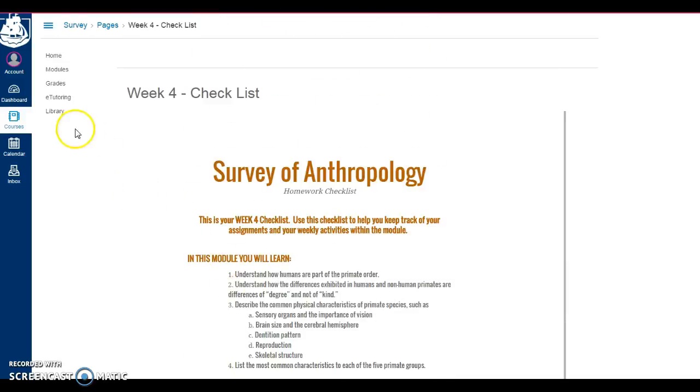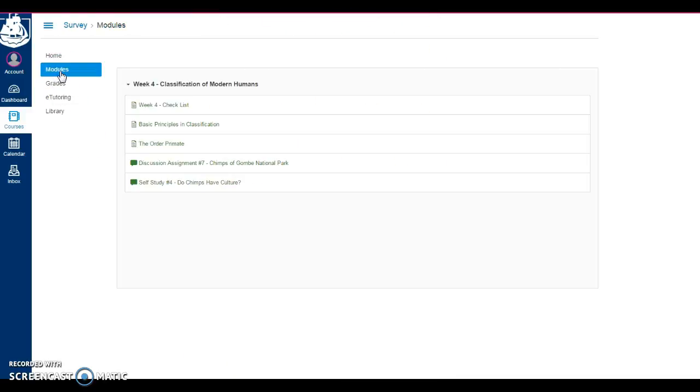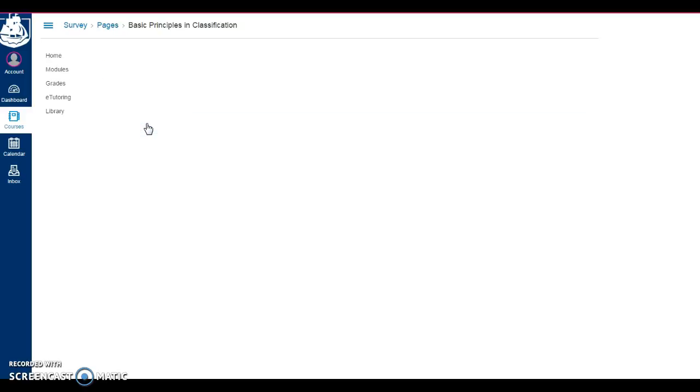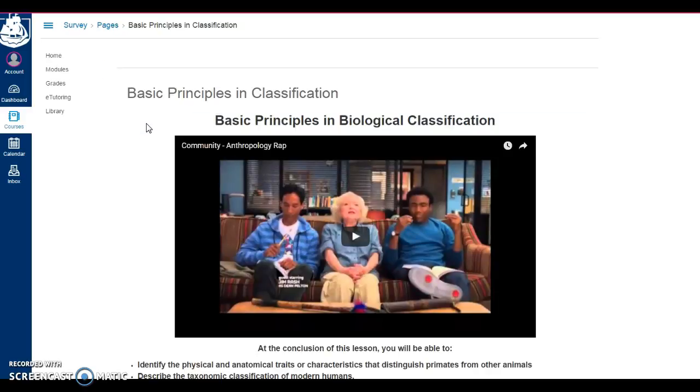So I'm going to scroll back up to modules and take you into the main module list. I've created a couple of content pages and a couple of activities for them to do, and I'm going to go ahead and click on the first content page, Basic Principles in Classification. And in here I've loaded a